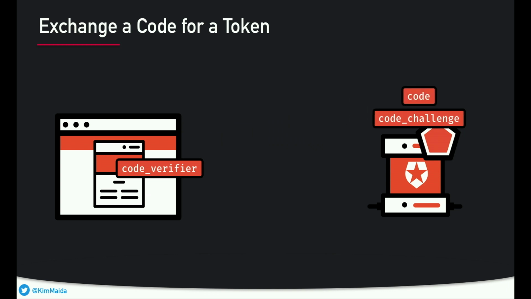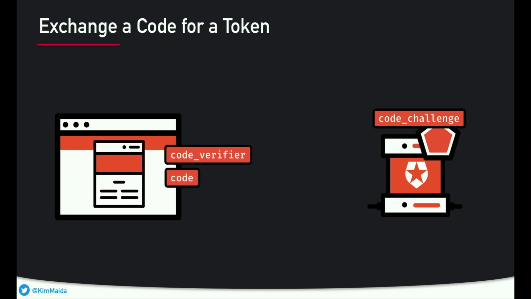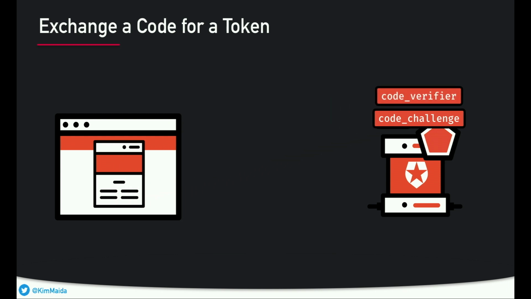The server then returns a code, which is received by the browser in a hash fragment, and this is fine because interception of this code isn't dangerous. The code by itself can't actually be used for anything. It can't grant somebody access to something if they were to steal it. But once we have the code, then we take the code and the code verifier and send them to the